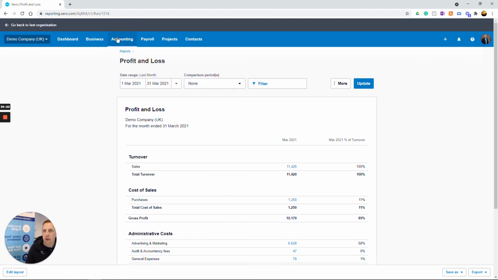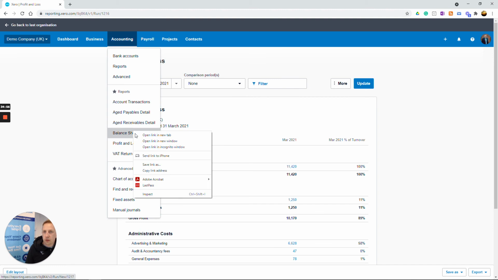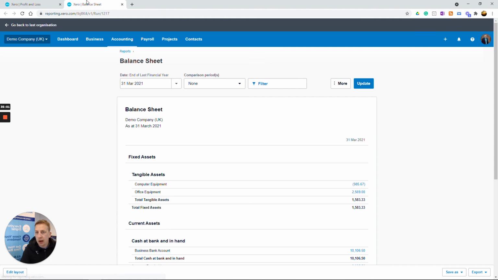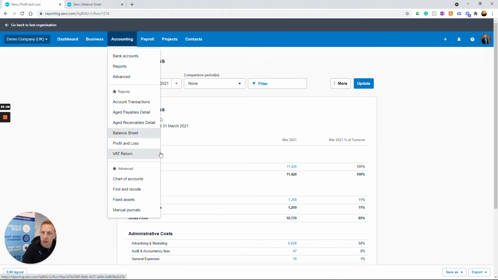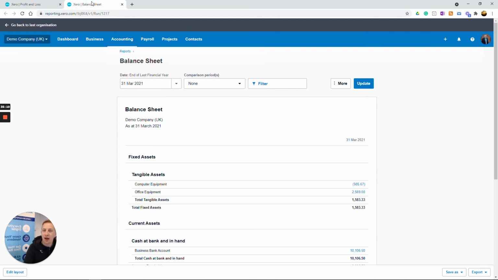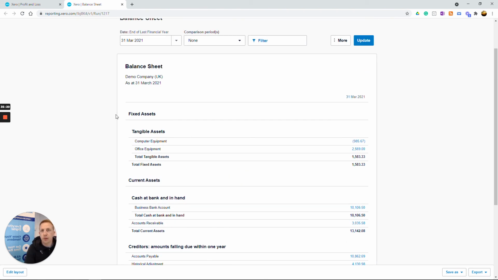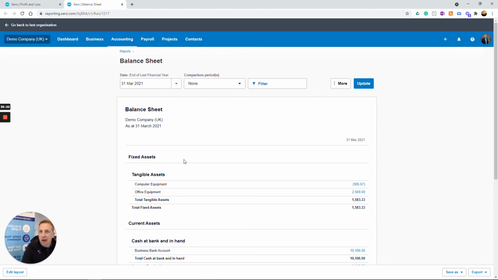Let's have a look at the balance sheet. So the two main reports in accounting are the balance sheet and the profit and loss account. Profit and loss account tracks our income, expenses and profits, and the balance sheet our assets and liabilities, and our capital, which is our equity or shareholders funds, down the bottom. Now the balance sheet traditionally is a little bit harder for small businesses to understand,